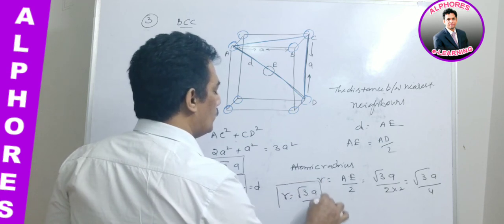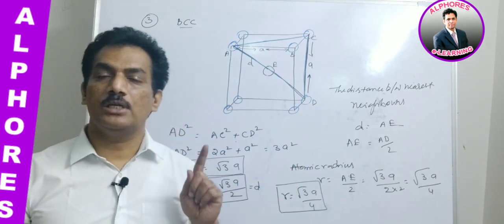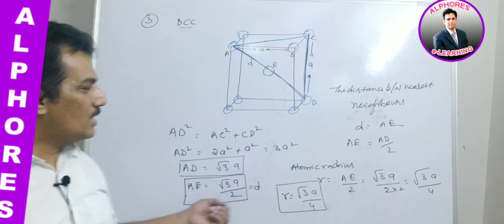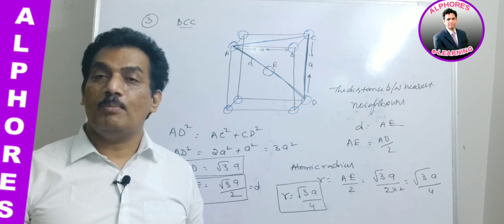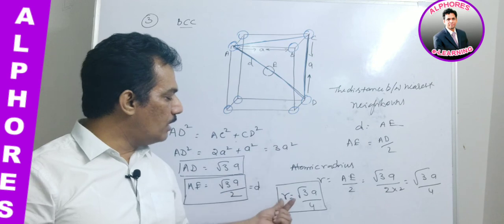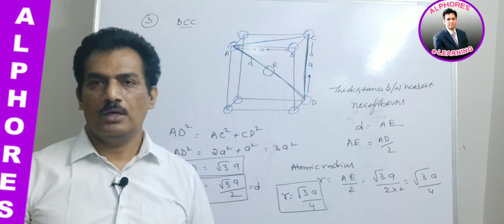These are the three relations. First one is in case of simple cube, R is equal to A by 2. In case of face centered cubic, what we are getting is A by 2 root 2. And in case of body centered cubic, R is equal to root 3 A by 4. Like that